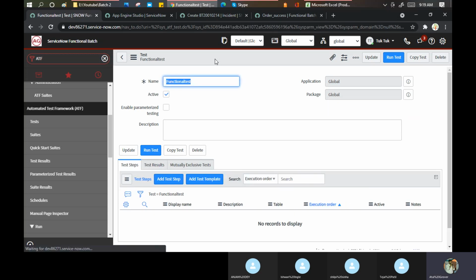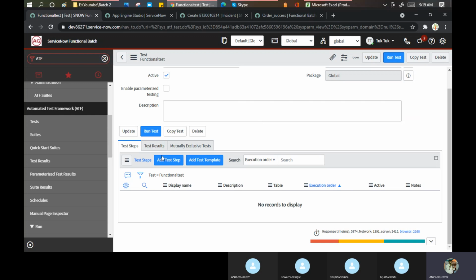And now the important things for you guys. It says test step. When I say test step, it means even clicking on the enter button is one of my test steps, right, Shilpi? Entering the username or the password doesn't mean that my login is successful unless I click on the enter or submit button. That is the job of a tester, right? Now I'll start adding the test steps. Now the question comes, Atul, do we need to write all these things here? Then what is the purpose of the ATF? No. Click on add test step.